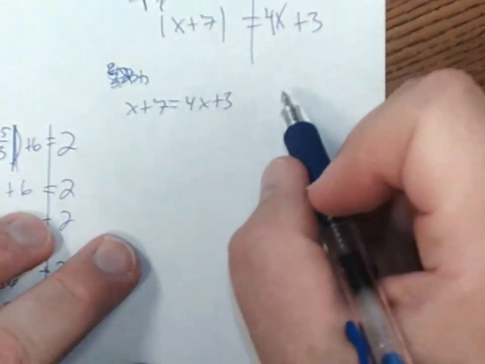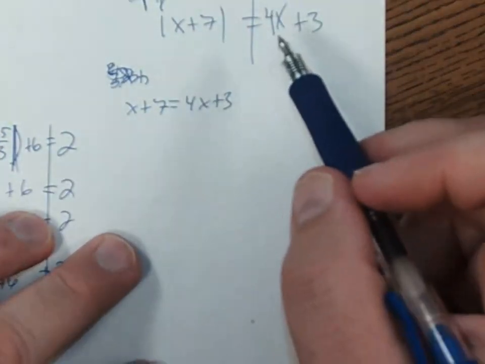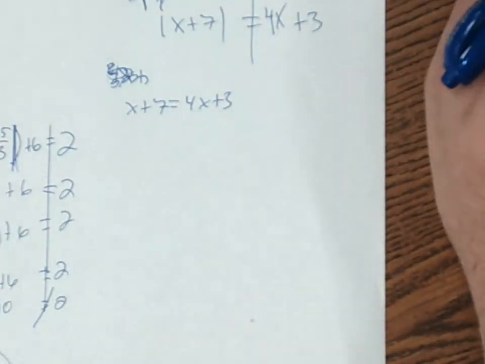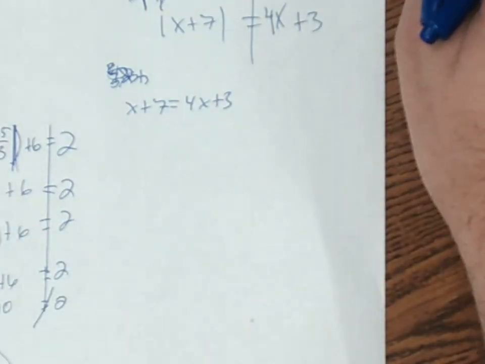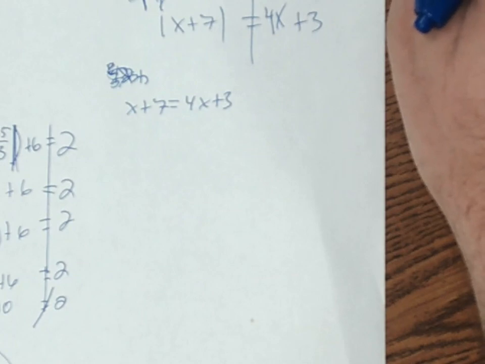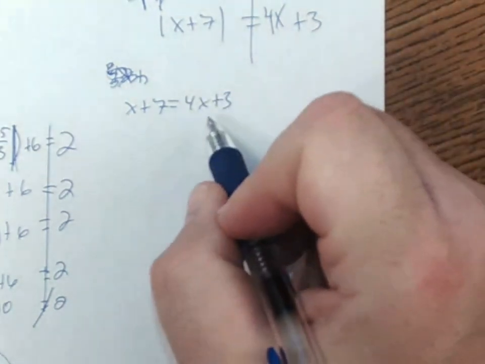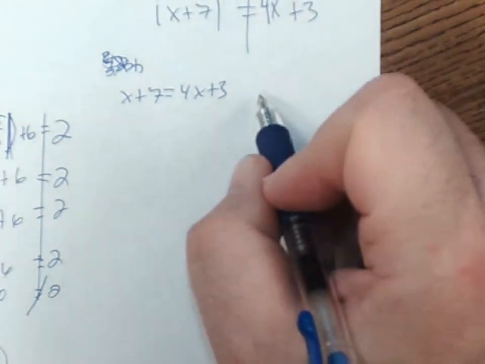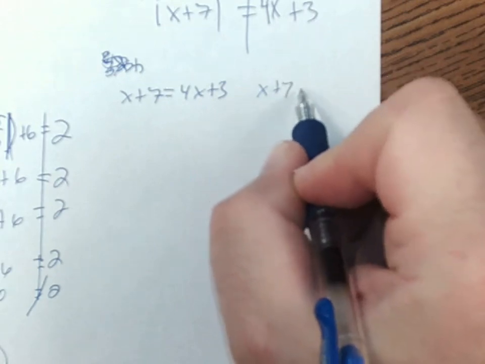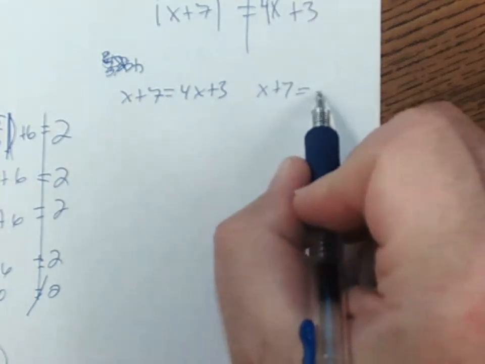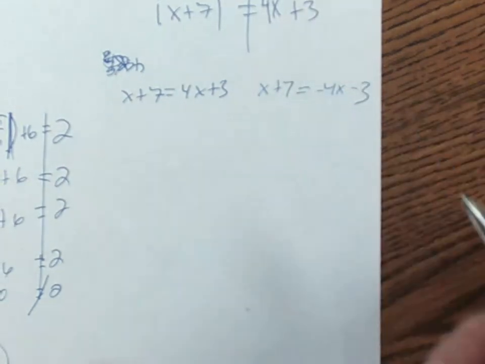The other one will look just like this, but we're going to change one of the sides. Now, in this case, there's not really one that necessarily is better or worse than the other. Both sides have 2 terms. So I'm just going to change the right side, just to be consistent. So we got x plus 7 equals, I'm going to make this negative 4x minus 3. And then we'll